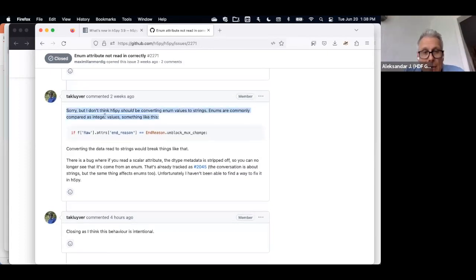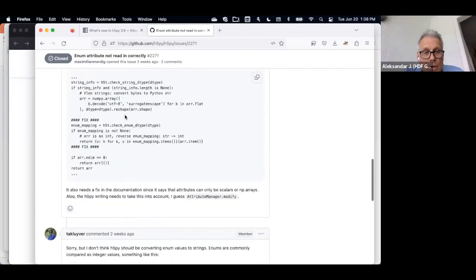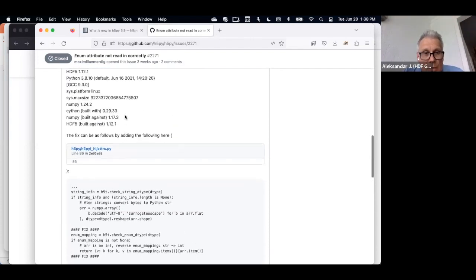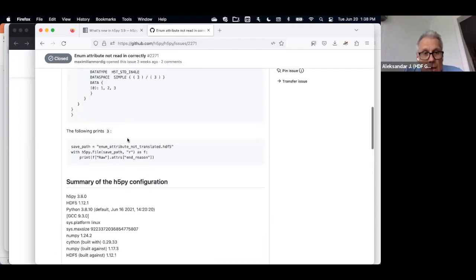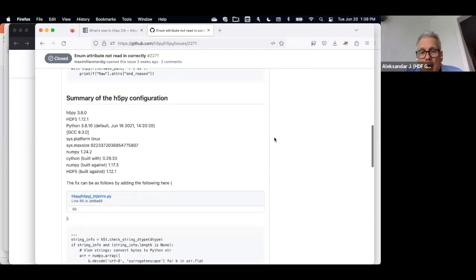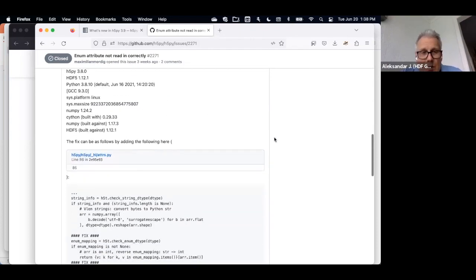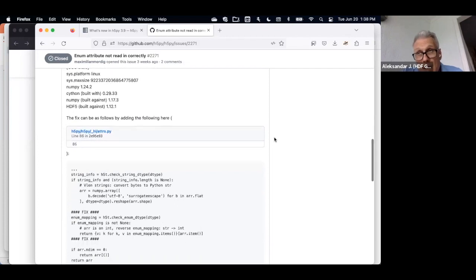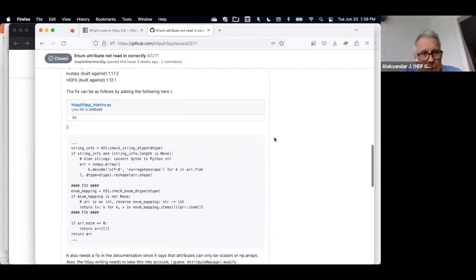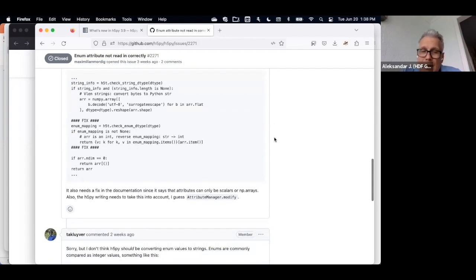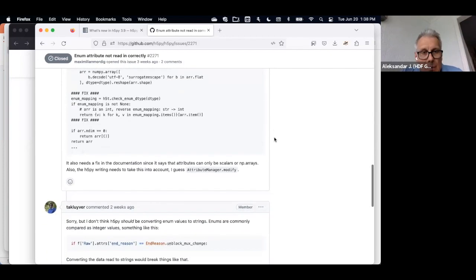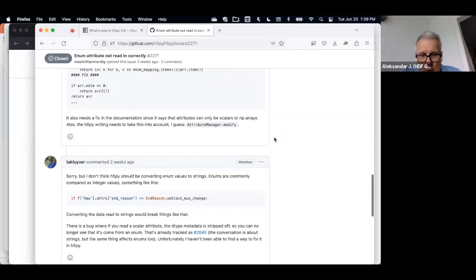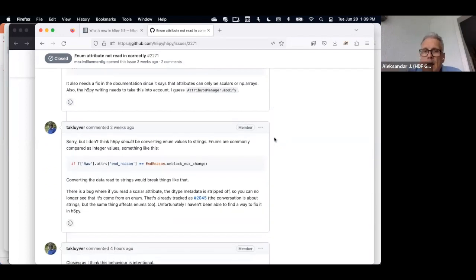But I'm not sure exactly what's the right way to do it. Should something actually be returning the actual Python enum object? Because in NumPy, I don't think there is an enum, as far as I know, maybe I'm wrong. That library is developing itself as well, but I don't think they have an enum data type. But then again, what should h5py do? Because in Python, you do have an enum class. So you could actually have a completely valid Python enum object with these things.